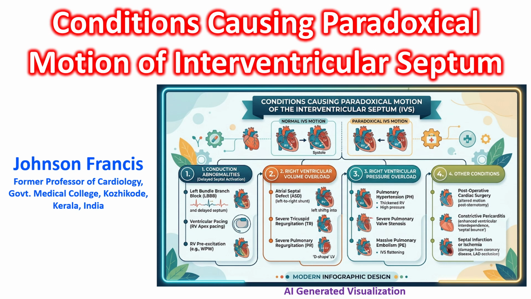Paradoxical motion of the interventricular septum occurs when the septum moves away from the left ventricular free wall during systole, disrupting the normal coordinated inward contraction of the ventricles. This echocardiographic finding is typically driven by electrical conduction delays, altered hemodynamics, structural changes, or the loss of normal pericardial